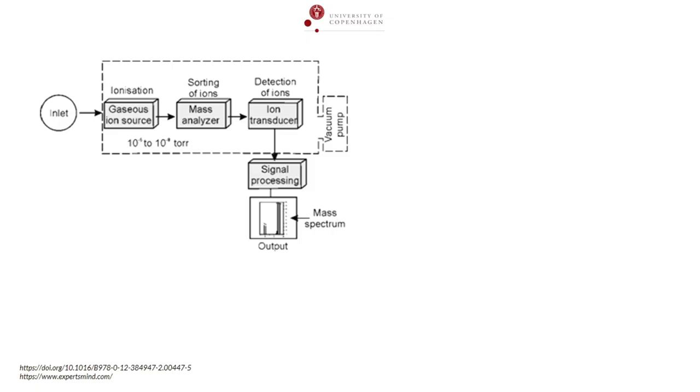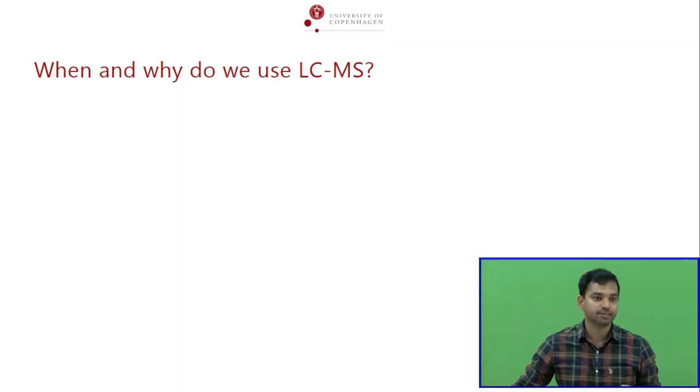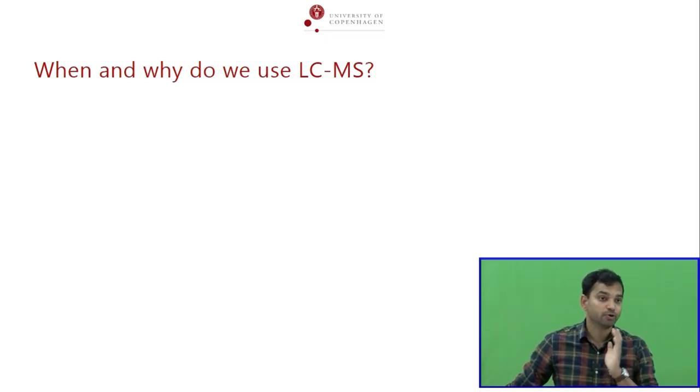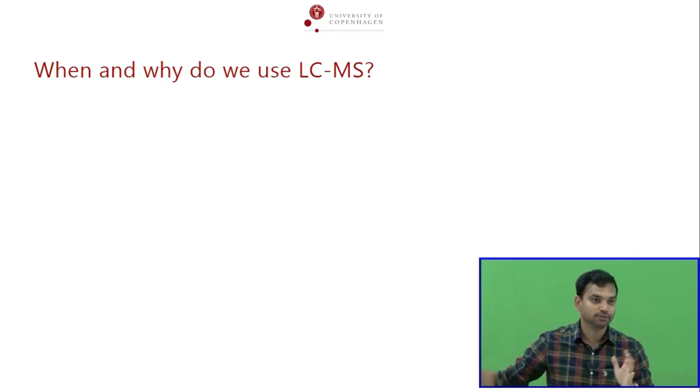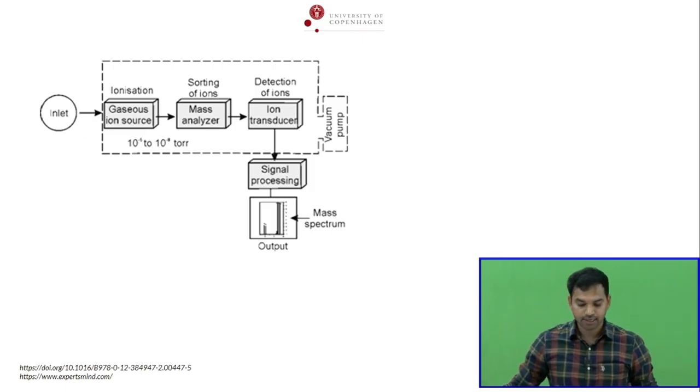All right, so another important advantage is that we can analyze a lot of compounds in a very complicated matrix using LCMS. But LCMS is super expensive compared to HPLC connected to a UV detector. I'm talking about 10-fold, even 100-fold expensive, right? In Indian rupees, we can talk about crores to get a good mass spectrometer, right? It's an expensive piece of equipment, but it gives you fantastic information. All right, these are the basic